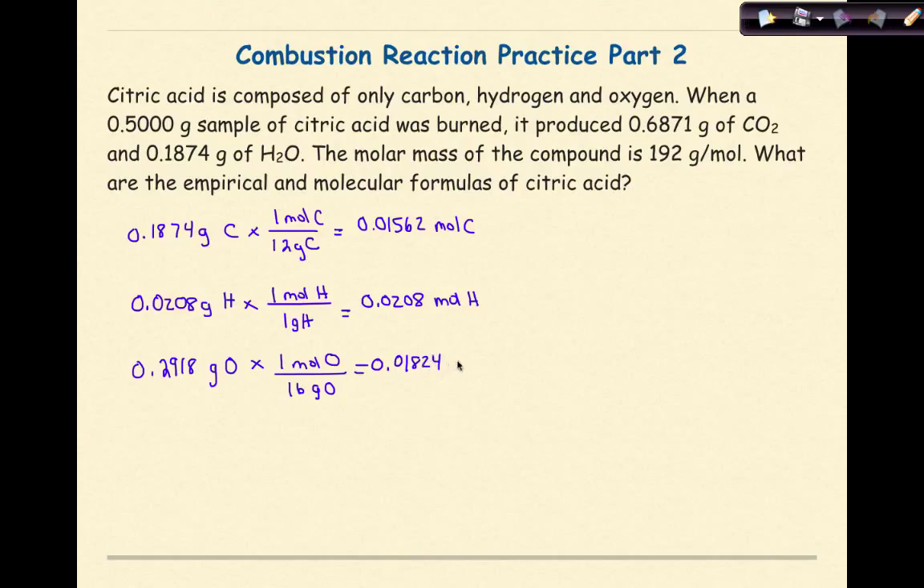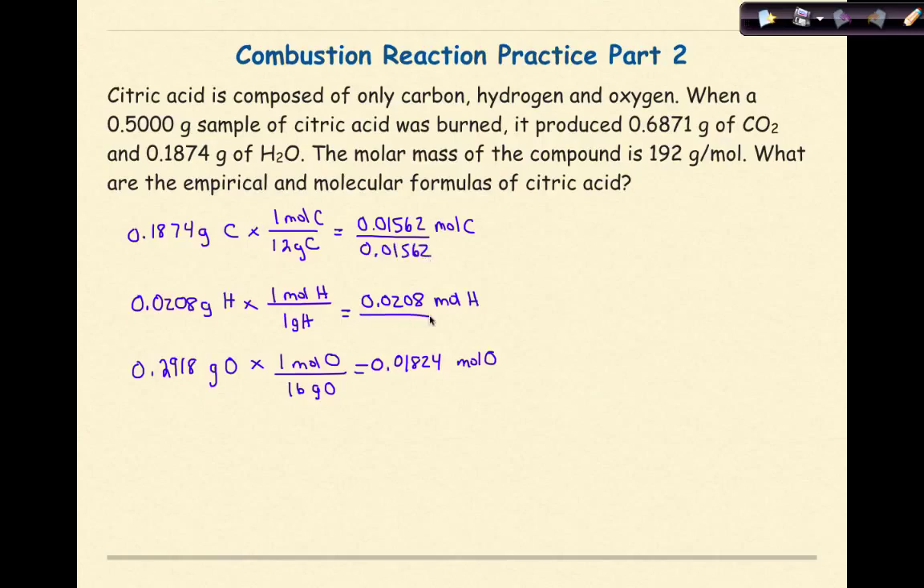0.01824 moles of oxygen. I need to look over these 3 numbers and say to myself, which one's the smallest one? And you might need to take your time. I don't care how smart you are. If you read too fast, you're going to make a mistake. So I look at these 3 numbers and I say, oh look, that's the smallest number. So I'm going to divide all my other numbers, including this one, by